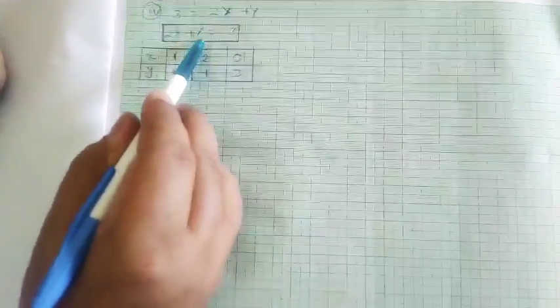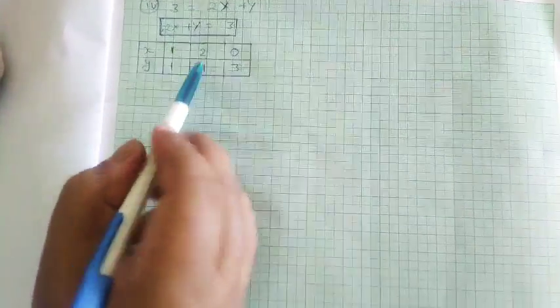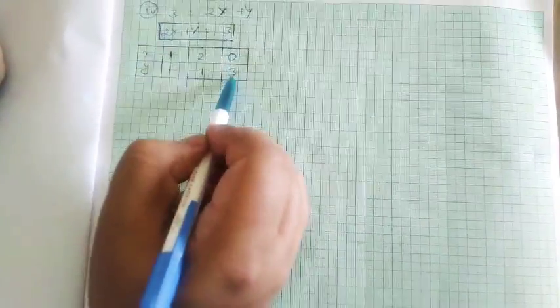Now let's take another equation. The equation is 3 is equal to 2x plus y. So 2x plus y is equal to 3. Now for this equation we find a few coordinates. If we put x is equal to 1 in this equation, we shall find y is equal to 1. If I put x is equal to 2 in this equation, 2 times 2 is 4, then y is equal to 3 minus 4, that will give -1. If I put x is equal to 0 in this equation, then this becomes 0 and y is equal to 3. So I got 3 points: 1, 1; 2, -1; and 0, 3. These are the 3 points that I got from this equation.